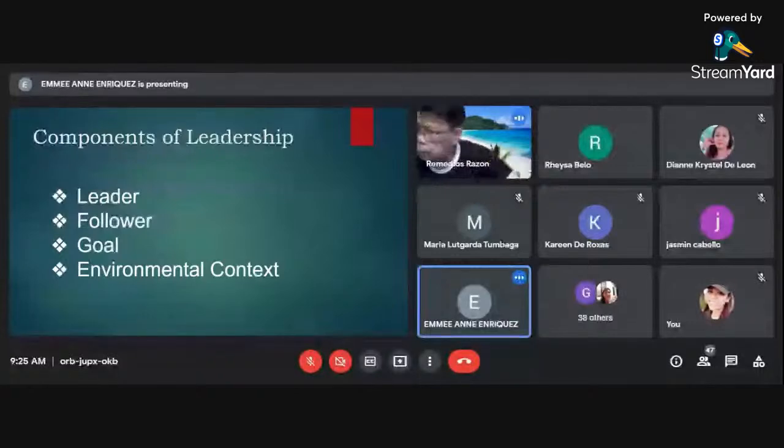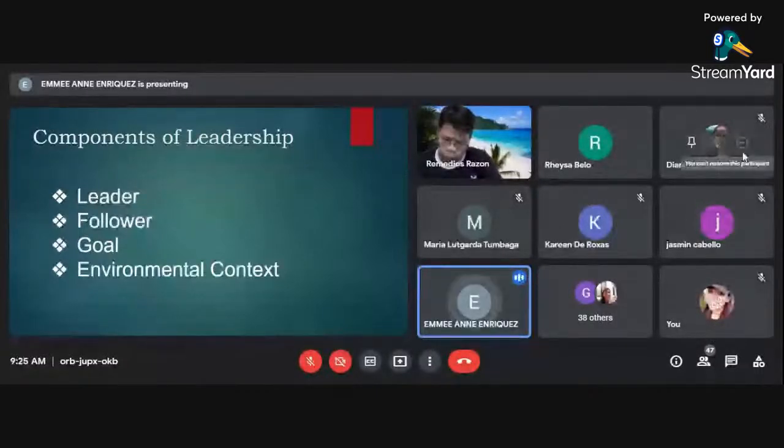First is the leader. Leaders don't simply give jobs to their team members. For example po, sa atin po, ang principal po, hindi na po basta binibigay na lang nila yung trabaho po natin. Nagkakaroon po tayo ng technical assistance para ma-improve pa natin po ang ating teaching process. The leader sets the team vision and provides strategies that guide his members toward the achievement of the goals.